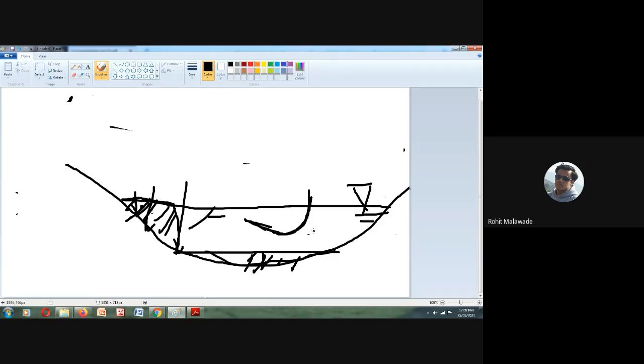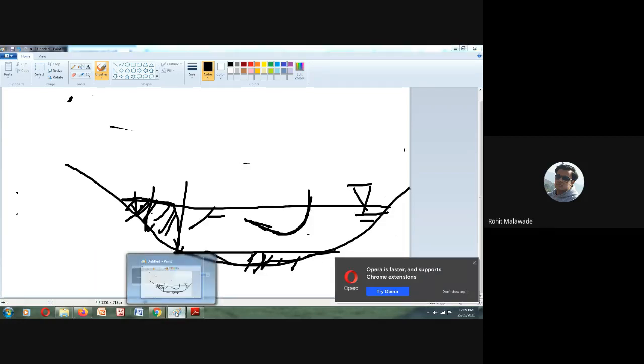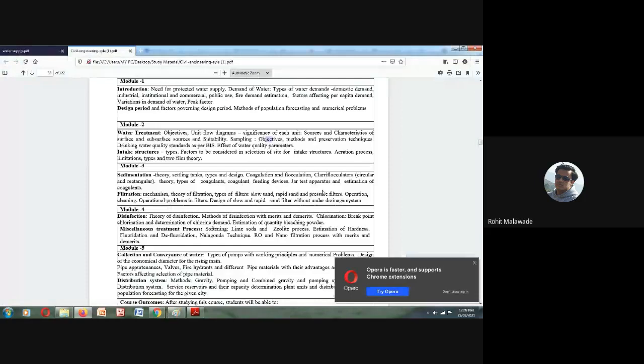So this is why we do the sampling. We have studied objectives, methods, preservation techniques. So this sampling we have completed in today's class.